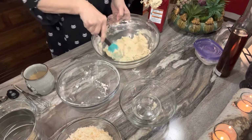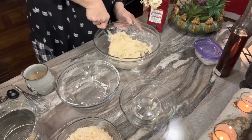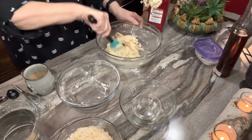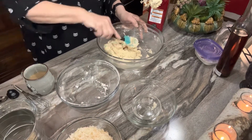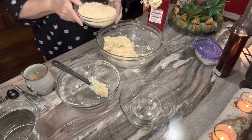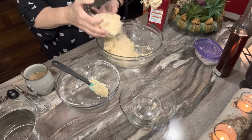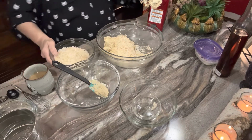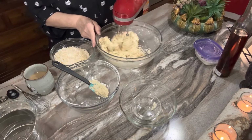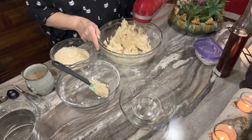And that looks so nice. I think that looks so nice, guys. Make sure I get every last bit of it. And what I'm going to do is add my coconut on very, very low. I know it sounds kind of dramatic, but I don't want to really damage the coconut, as unusual as that sounds. Just on very, very low, just until